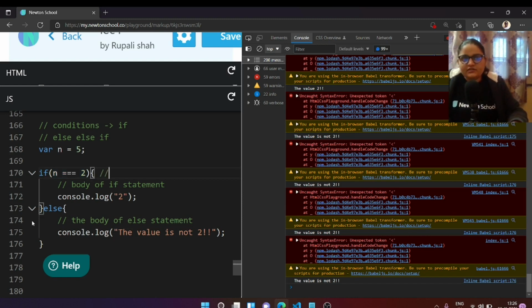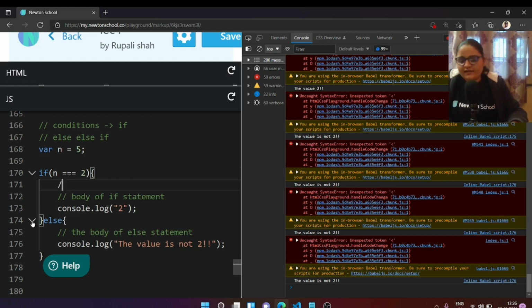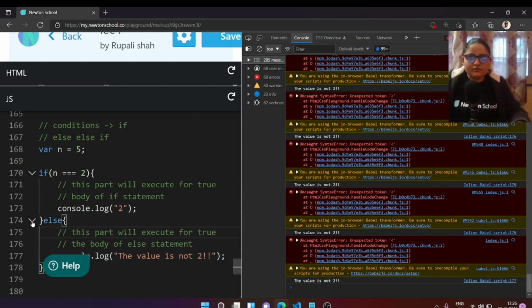So this part will execute for true statements, and in the same way this part will be executed for the false one.